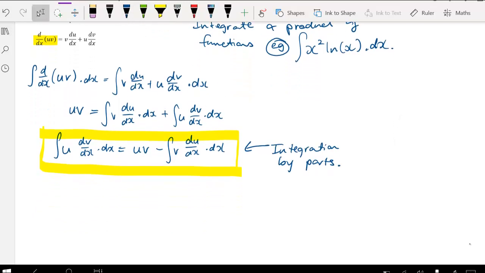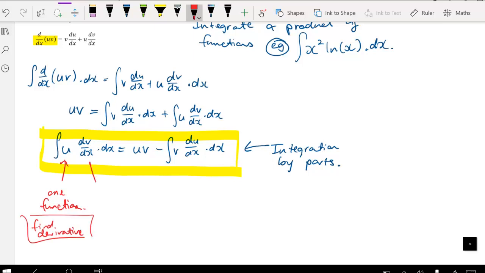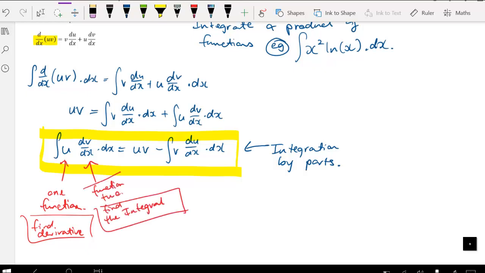So the whole idea here is when we look at an integration by parts, we have to determine one function where we'll need to find the derivative of, and then we've got one function that we'll look at finding the integral of. So this is function 2. Now obviously this process is the most complex process with integration by parts. There's lots of little extra processes and techniques that we can use, but this is the basic premise. If we can do this, then we should be able to come up with an integral of the original. Now it may involve some repetition or iterative processes, it may involve a little bit of creative manipulation,